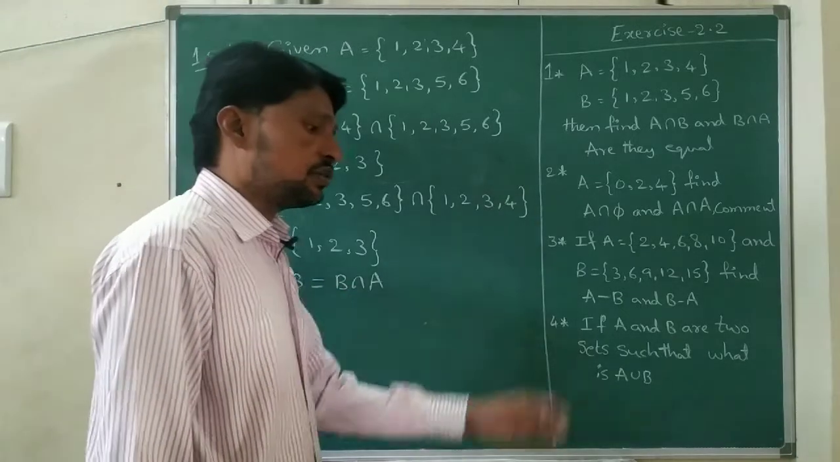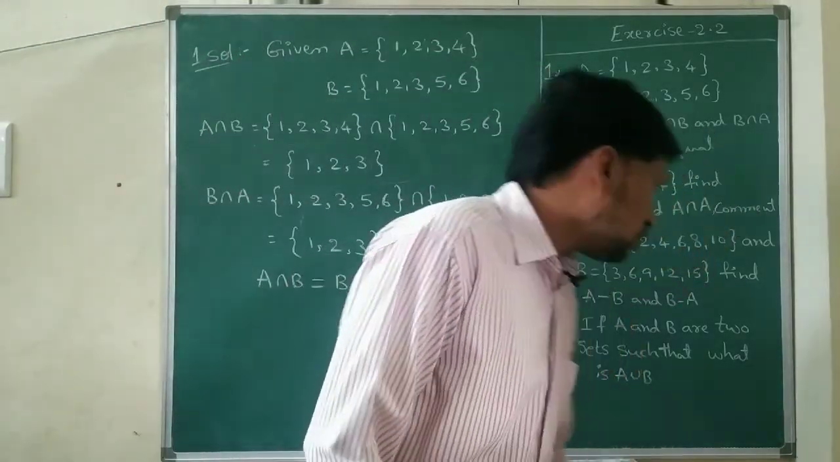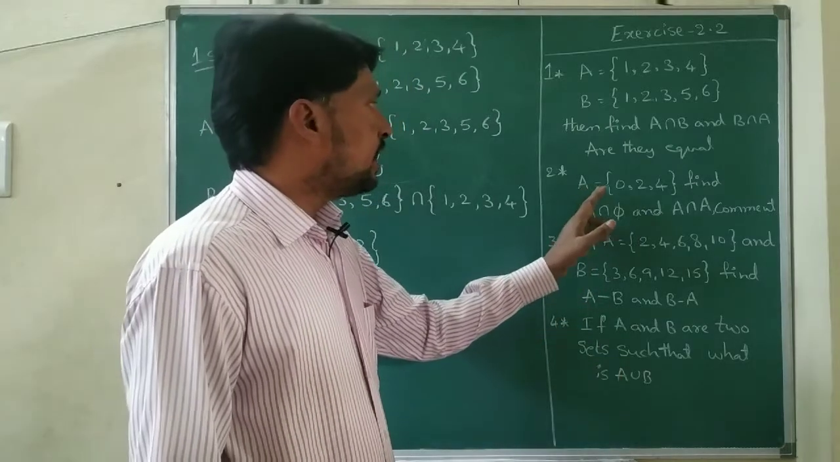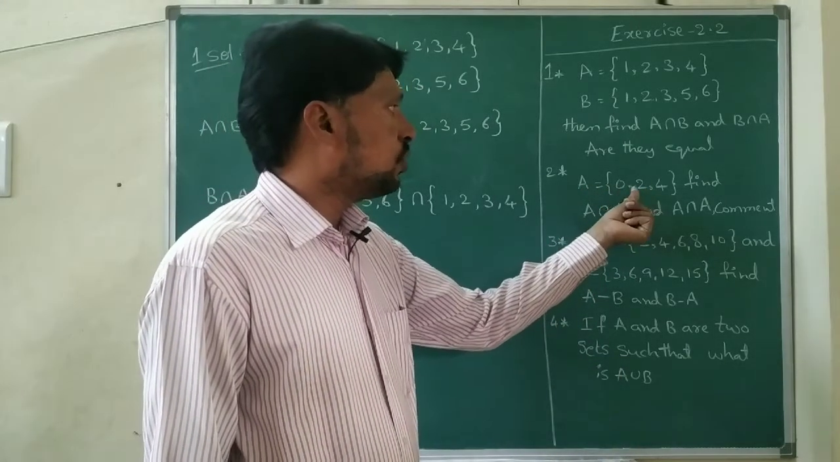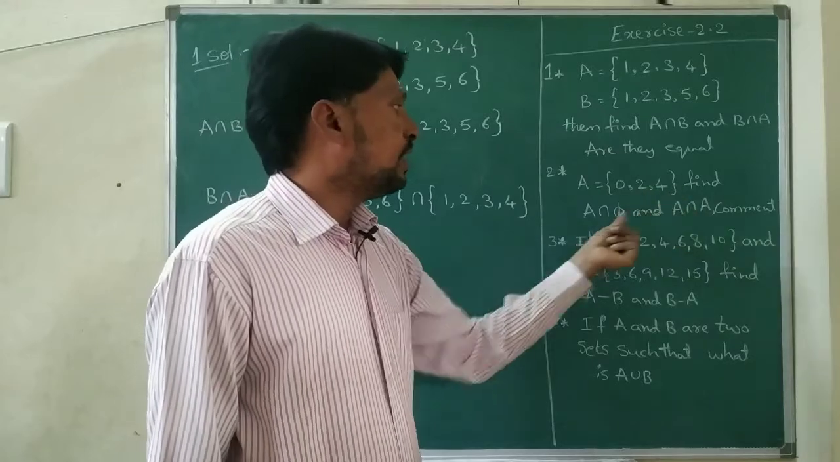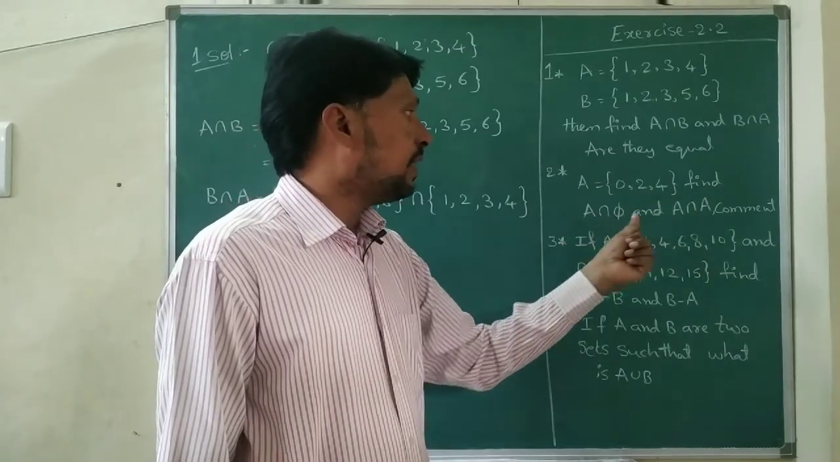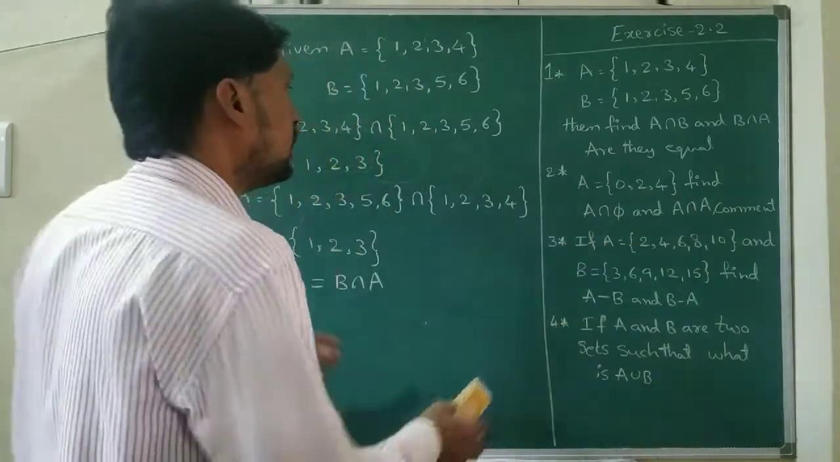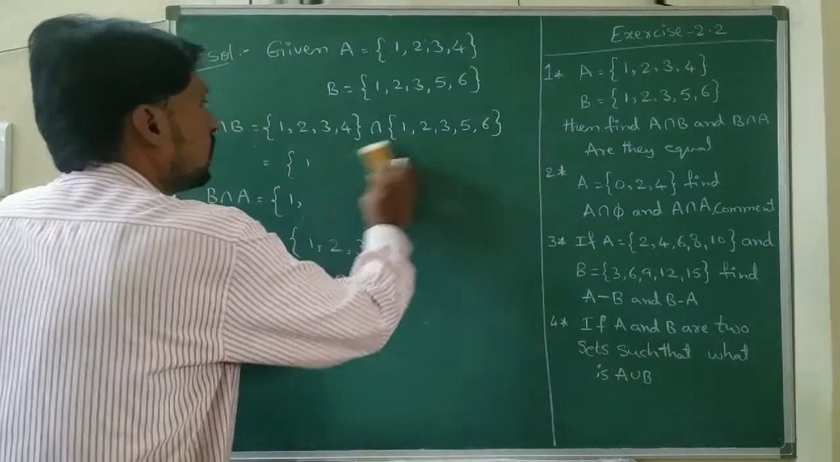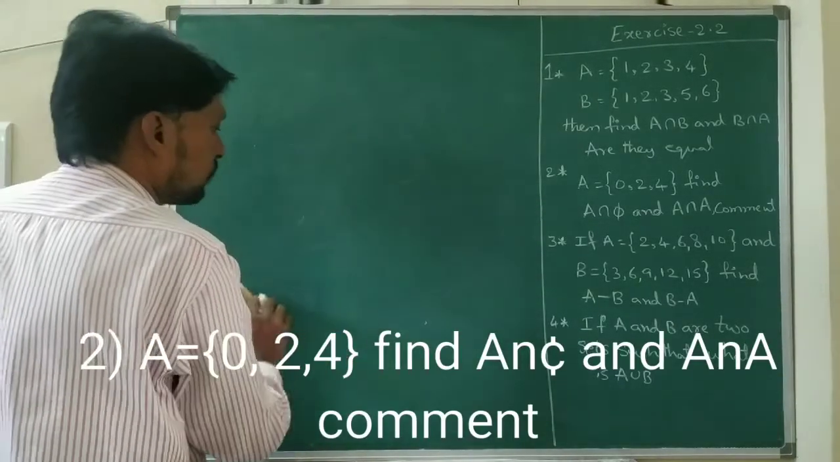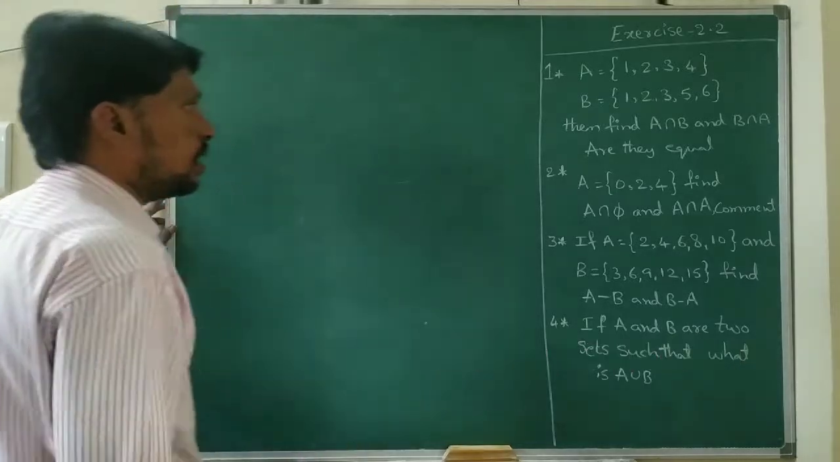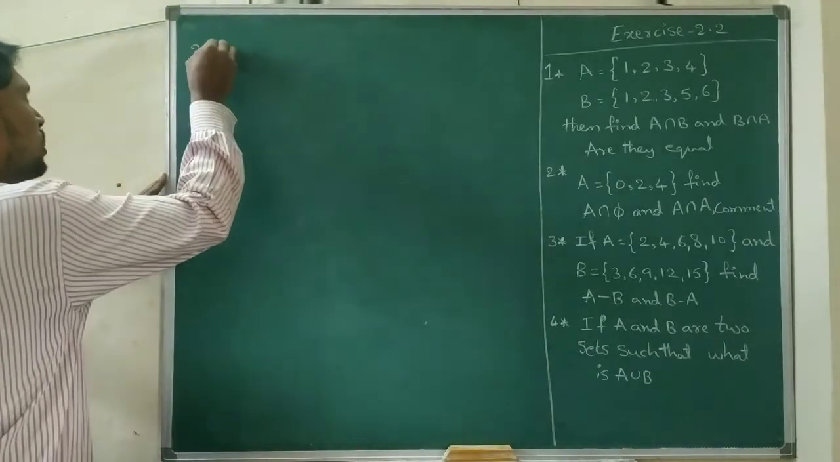Next one, it is the second question. What is the second question? A equals the set of 0, 2, 4. The elements are 0, 2, 4. Find out A intersection phi and A intersection A. Again we need to comment on both results. So second solution,